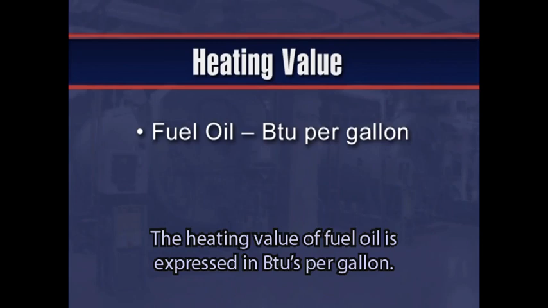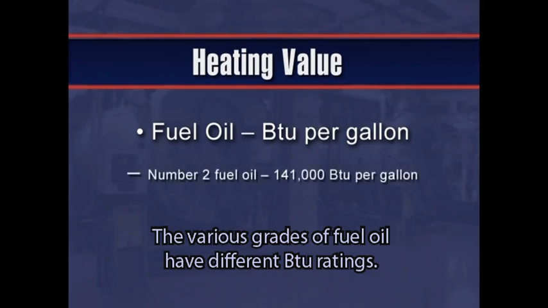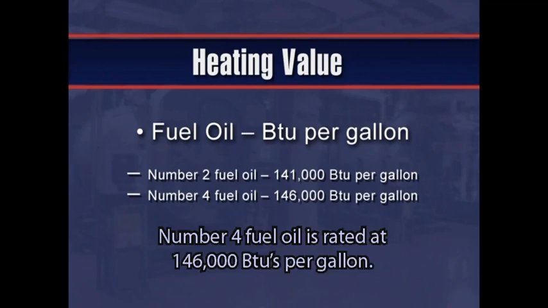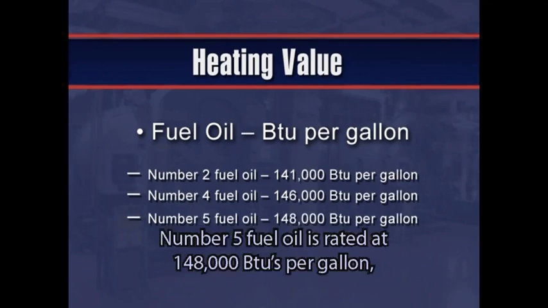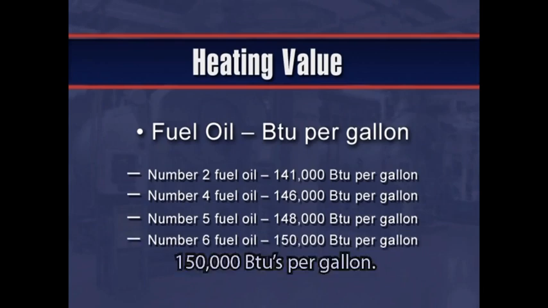The heating value of fuel oil is expressed in BTUs per gallon. The various grades of fuel oil have different BTU ratings. Number 2 fuel oil is rated at 141,000 BTUs per gallon. Number 4 fuel oil is rated at 146,000 BTUs per gallon. Number 5 fuel oil is rated at 148,000 BTUs per gallon, and number 6 fuel oil is rated at 150,000